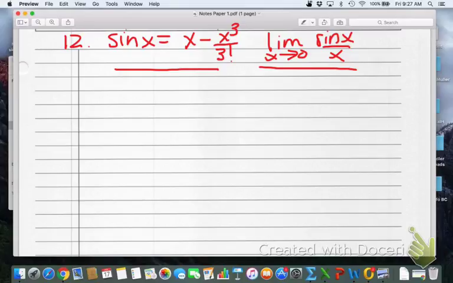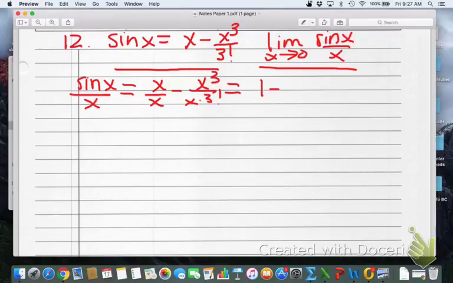Well, we can divide by x in order to get something that looks like sine x over x. So let's just take this Taylor polynomial and let's divide every term by x. All right, and when we do that, we get 1 minus x squared over